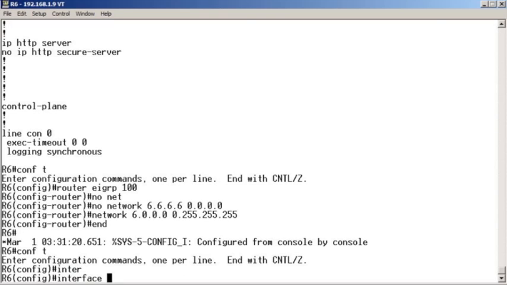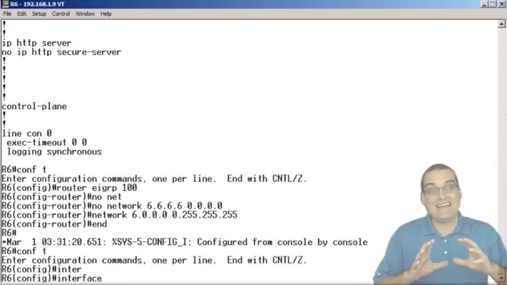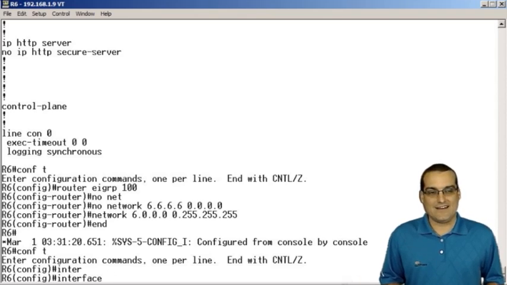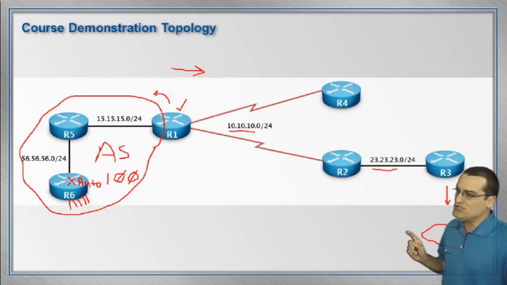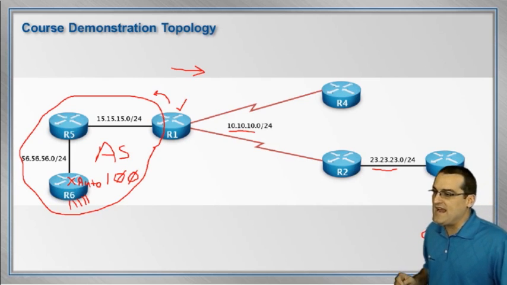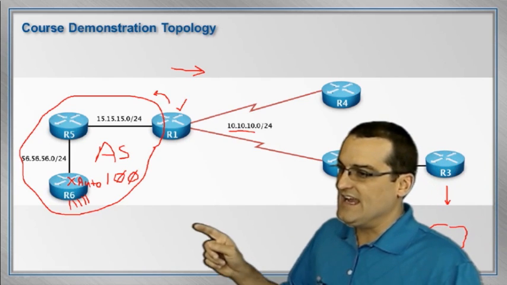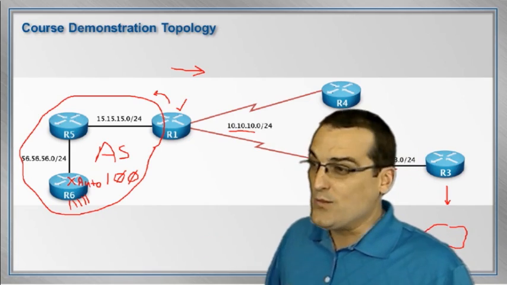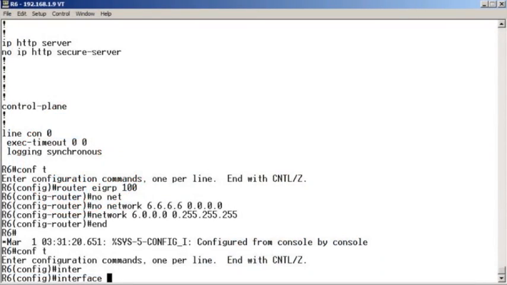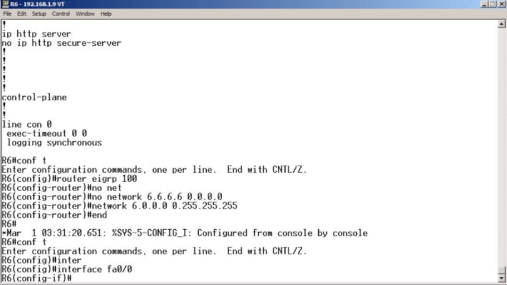Yeah, the manual summarization is an interface level command. We're going to go to the interface where we want to configure the manual summarization. And in this case, it's going to be the fast Ethernet interface on R6. And we configure the exact summary that we want advertised there. So I say interface FA 0/0, and I say